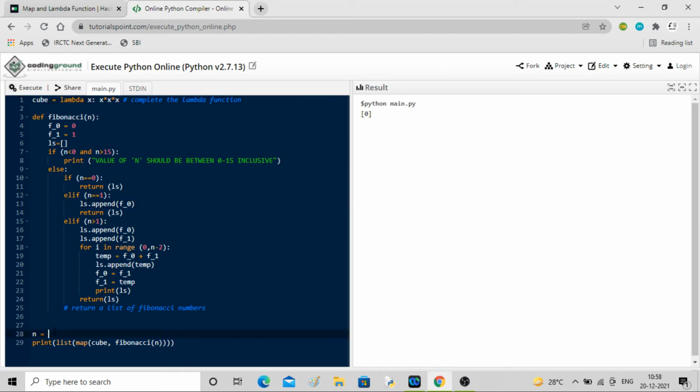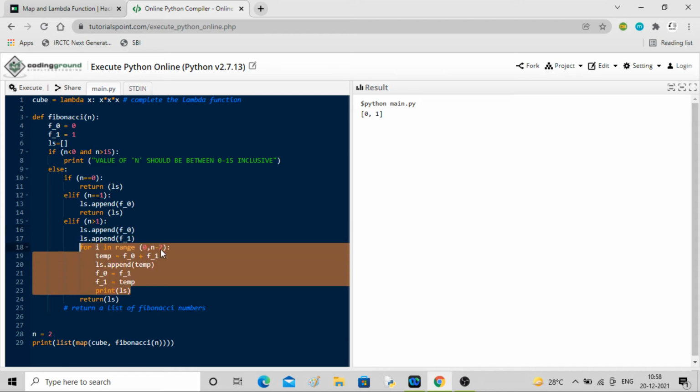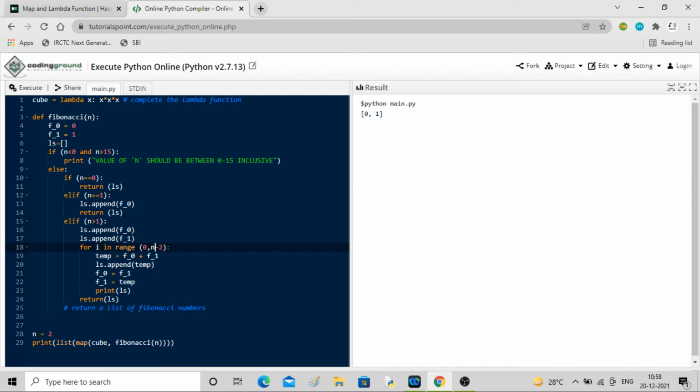If I put n equal to 2, you can check 0 and 1 will be there. Okay, only these two have been added, and this for loop has not been executed because n value was 2, 2 minus 2 is 0, so it will not be executed. Okay, and the list has been returned. Similarly for 3, you can see 0, 1, 1, right? So this is what it is.